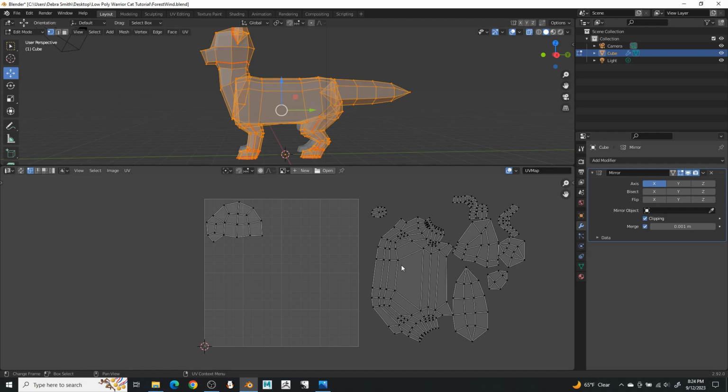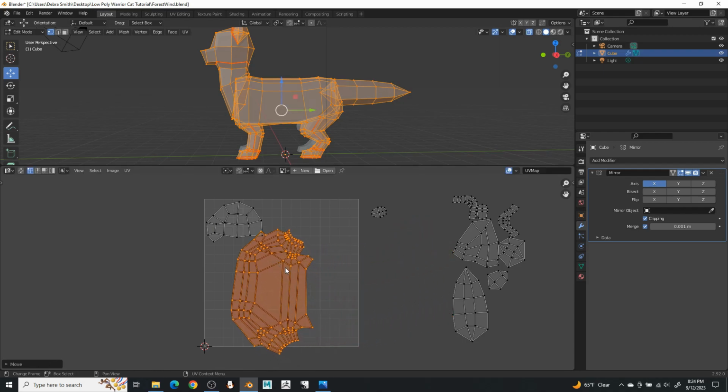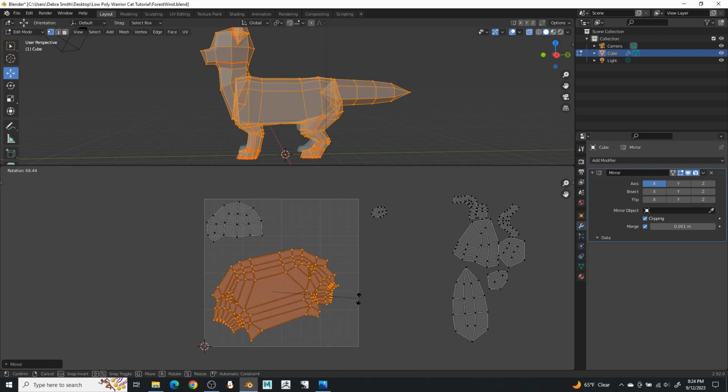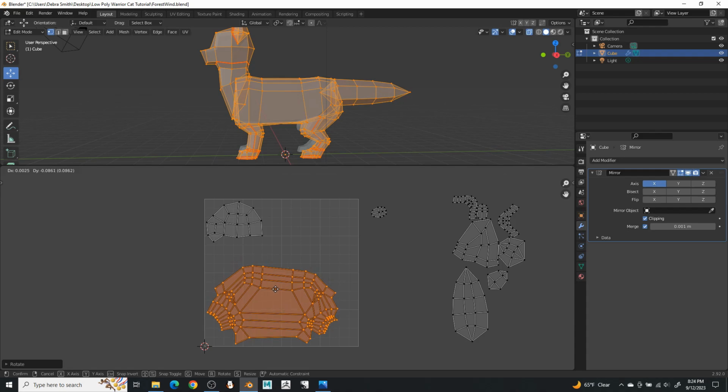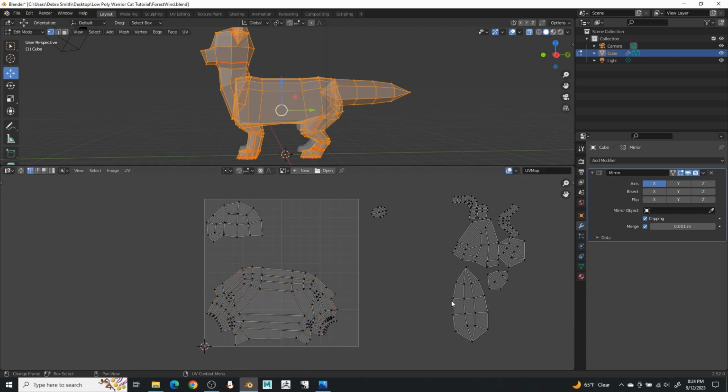Okay, now grab the body, hover over it, press L for linked, then G for grab, and then hit R for rotate. Rotate that around, then just left click when you've found a good place, then hit G for grab again. Just put that in a nice, good area where you think it will look good. And then this is the tail, L for linked, G for grab, just put that to the side